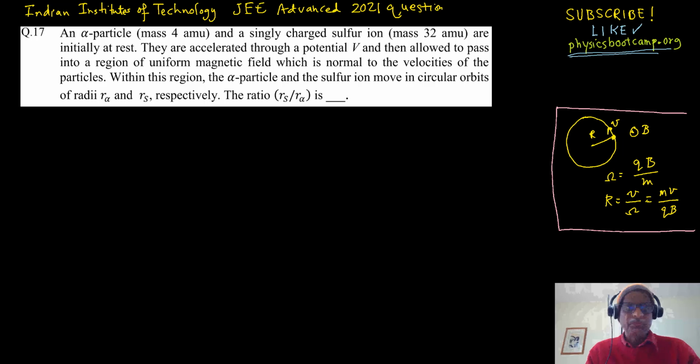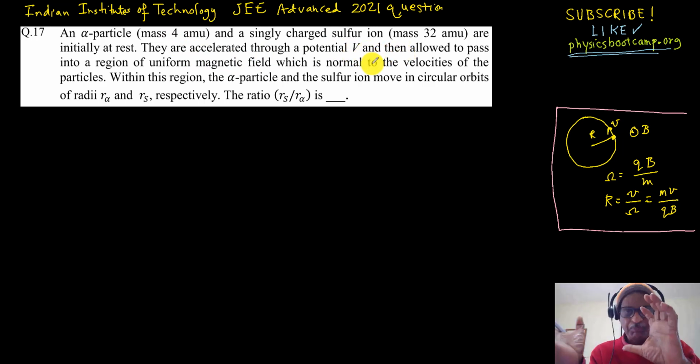So this is a problem from the IIT JEE contest. The background is that you have two charged particles, one of mass 4 AMU, atomic mass unit, another of mass 32 atomic mass units, and they're initially at rest, but then they're going to be accelerated through potential V, and